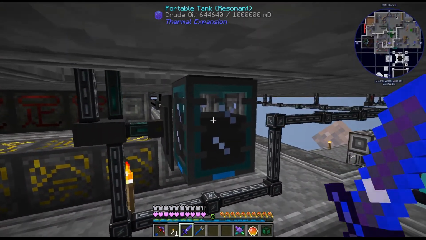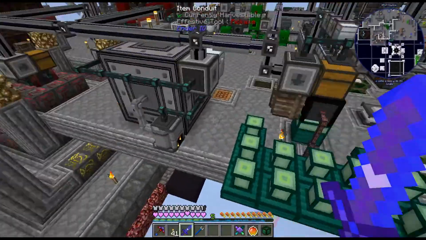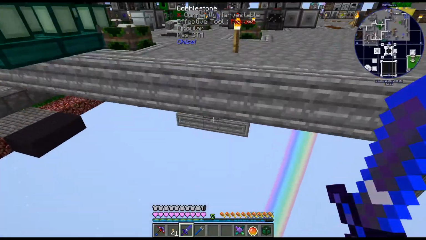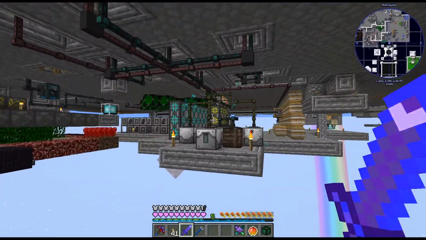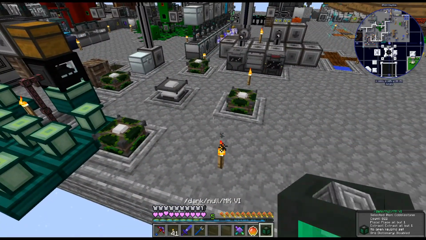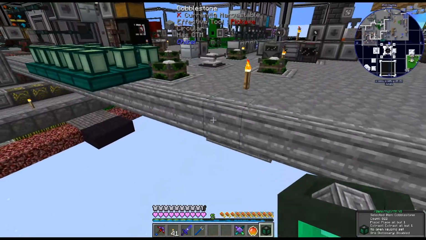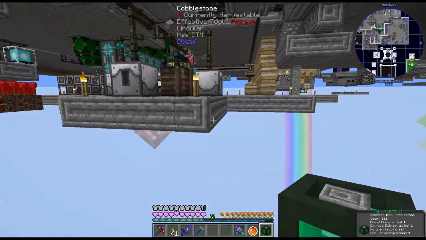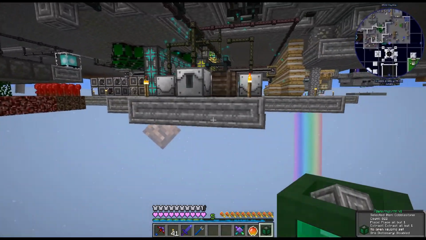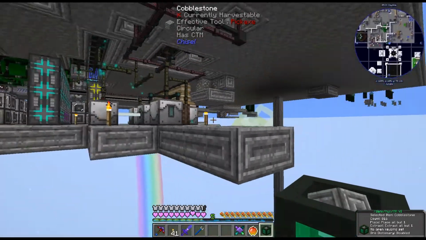Also, I did notice this. We have 644 buckets of thing. All right, where should we put this then? I don't know how much we're going to be using this. I guess we could just put it down here. It doesn't need to be up top. Why don't we do that? All right, let's do like a little bit of a...